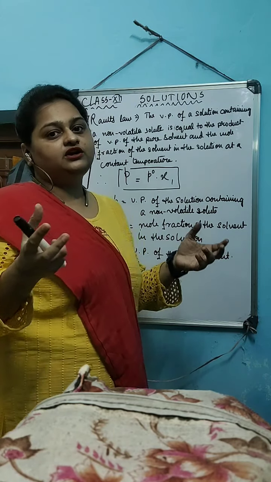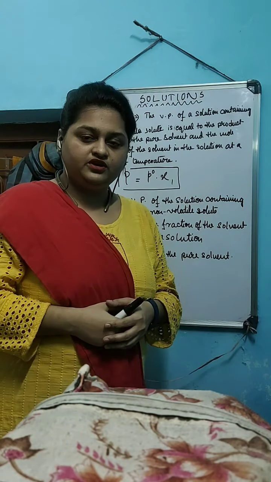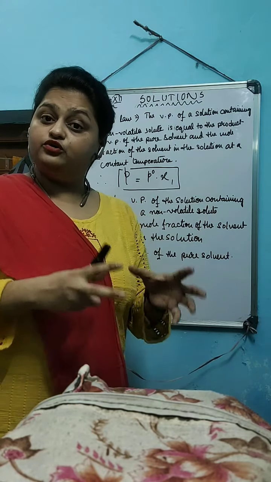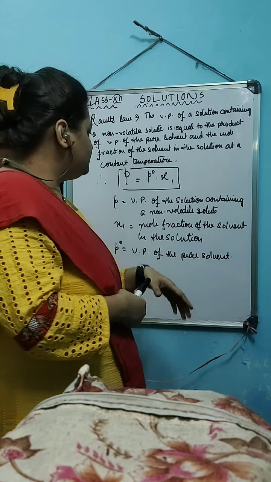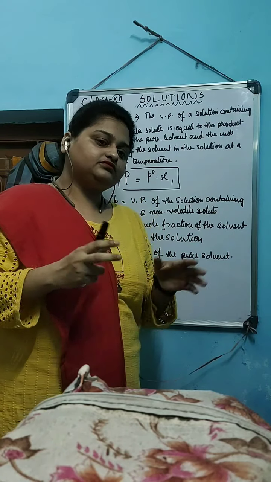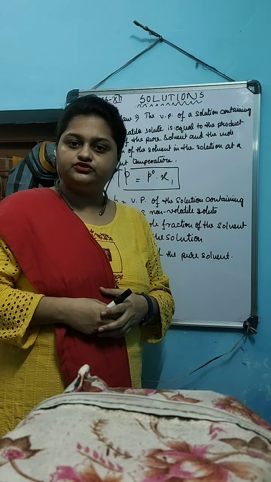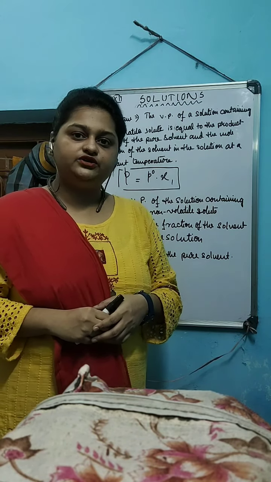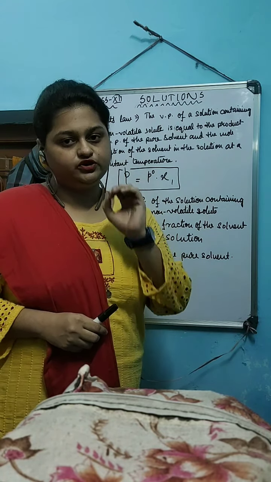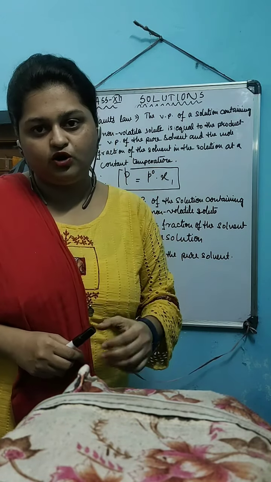supposedly you have taken a liquid which is volatile in nature and you have confined that liquid in a closed container. Now you will get the vapor pressure of that pure liquid, the pure solvent. The vapor pressure is represented as P0, which is the vapor pressure of the pure solvent. Now you have added some amount of solute in that solvent to produce a solution. The solute that you have added is completely, 100% non-volatile in nature. That was the assumption that he took.